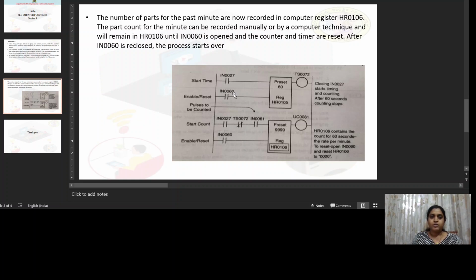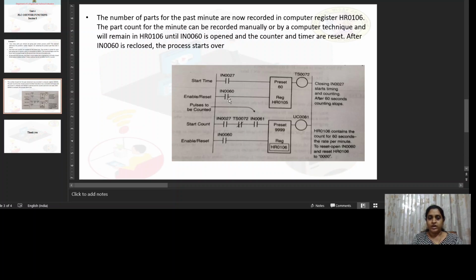And let me talk about the contacts. We are using the IN60 contact. This is used for enabling and resetting of the timer and the counter.